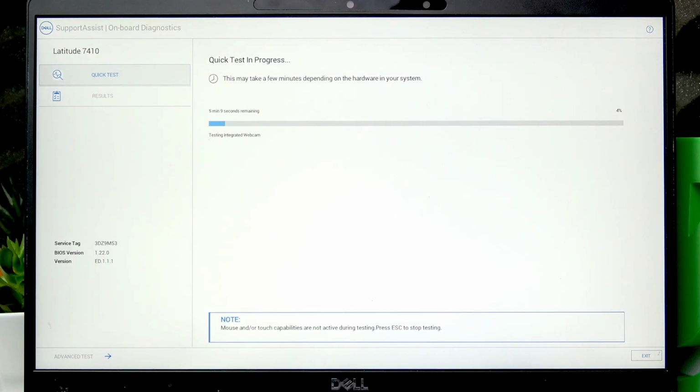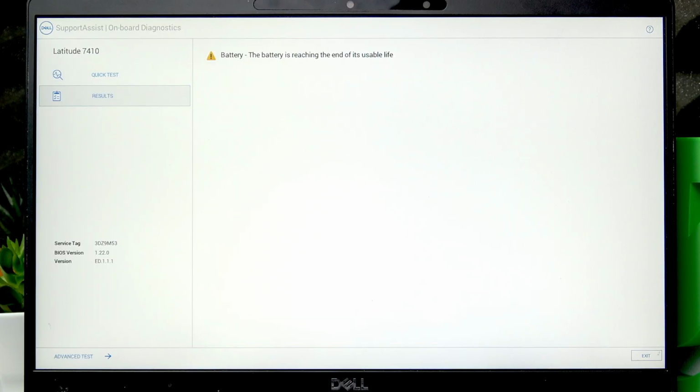start a quick test automatically, the quick test of everything. So now let's wait until this quick test is finished, and let's also see if we have to interfere during this process. Okay, and so at the end of the quick test you will see the results. In my case there is an issue with the battery inside the device, as you can see, and so I got a notification about